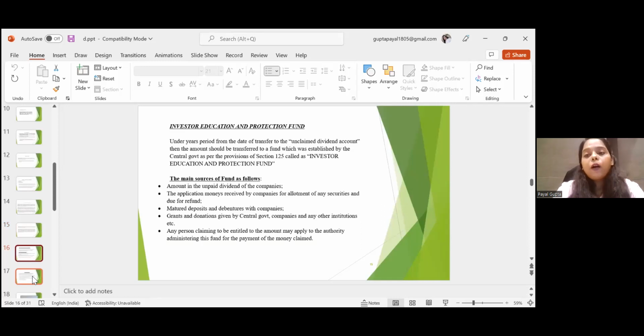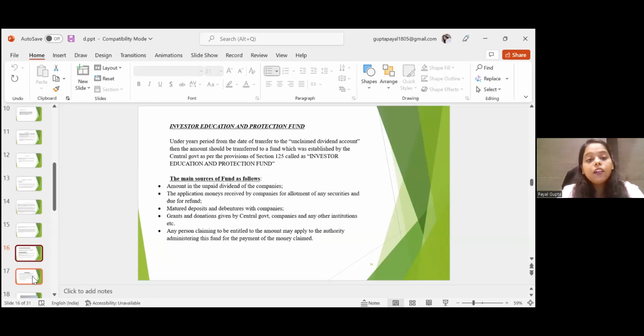Now we are talking about IEPF, the main topic for today. हमने पढ़े पहले अनक्लेम डिविडेंड अकाउंट के बारे में कि अगर कोई ने क्लेम नहीं किया या आपने नहीं दिए तो ये अनक्लेम डिविडेंड अकाउंट में चला जाएगा. लेकिन अब वो अनक्लेम डिविडेंड अकाउंट में कब तक पड़ा रहेगा? तो इसके साथ 7 सितंबर 2016 में एक कॉन्सेप्ट लाया गया, that is Investor Education and Protection Fund,